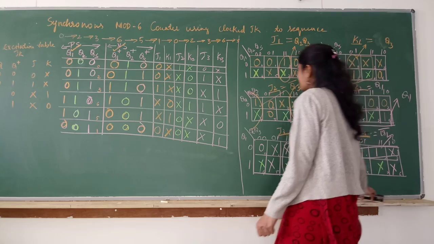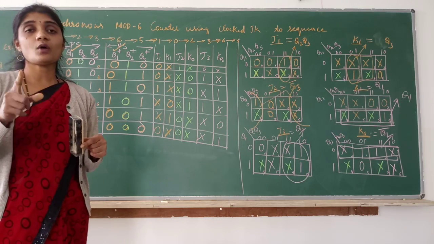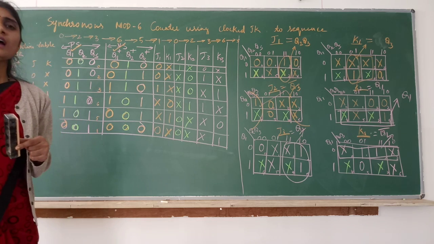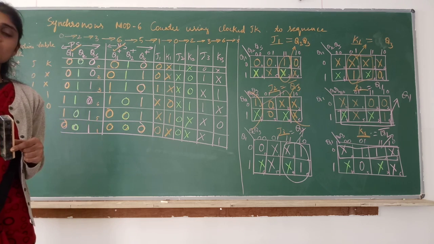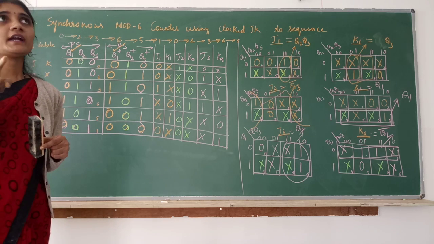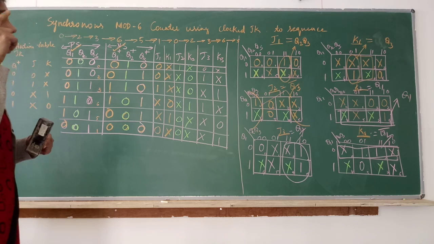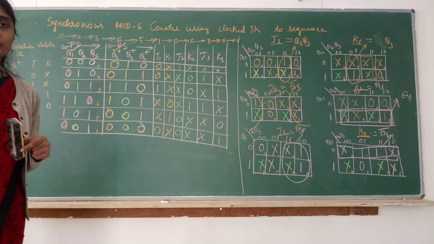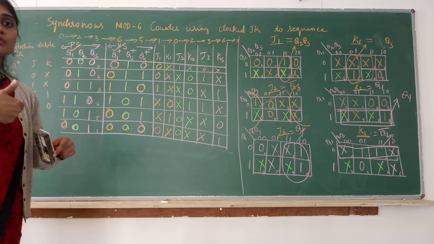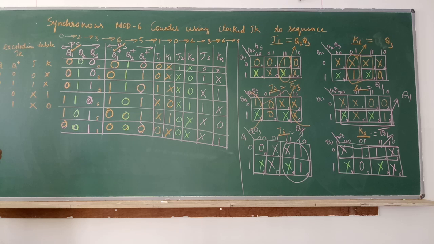Just check the equations, hope these are right. And in the last class, the counter design problem I designed, the D1 equation I have done wrong. I have not grouped cell number 0. I have put it in the comment section. Also we have discussed that in the online class. So that is wrong, please correct that. You get it as Q1 bar I guess. You have to group 0, 2, 0, 4, 2, 6. All the 4, the quad group, you have to form for the D1 equation. So when the D1 equation changes, the same change you have to do in your circuit also. Okay, last class problem, D flip-flop counter design, fine?